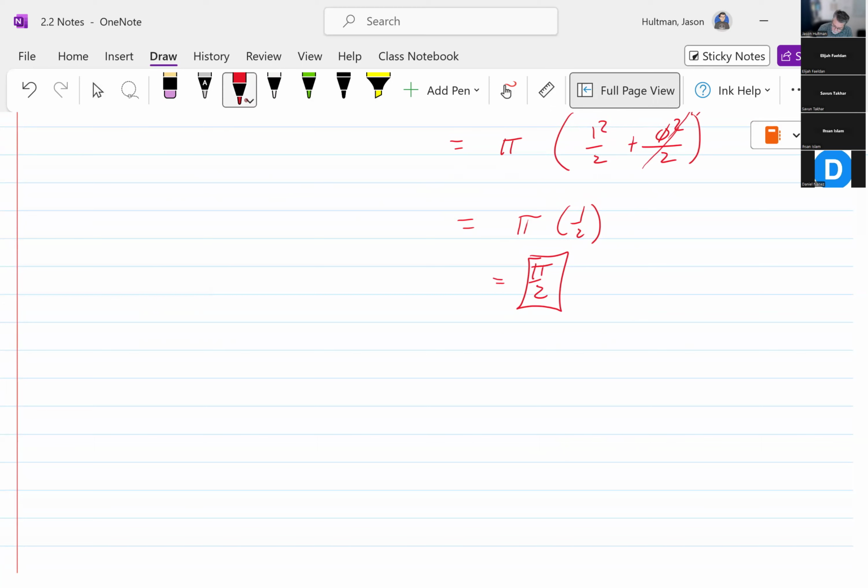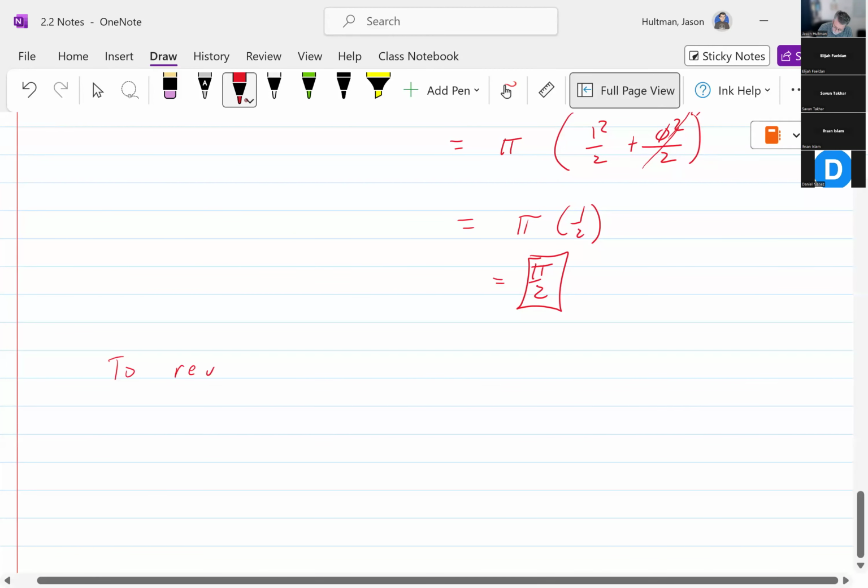So if I say that to revolve about the y-axis, we solve the function for x, which gives us f of y